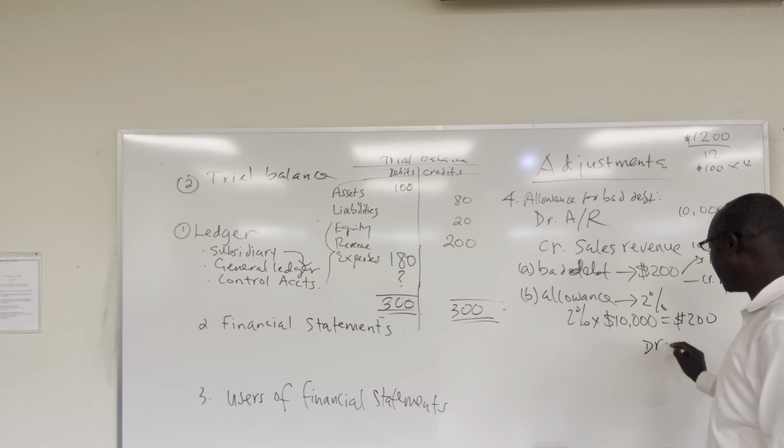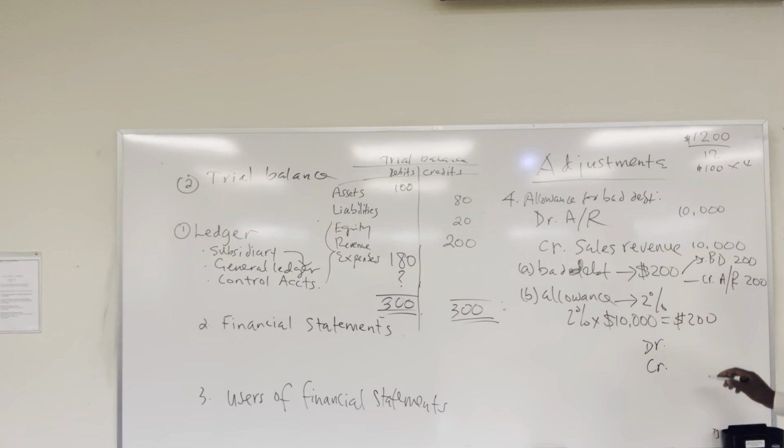But the debit and the credit are different. The debit is not bad debt but rather doubtful debt expense, which some people say is the same thing as bad debt. And the credit will be the allowance for bad debt,